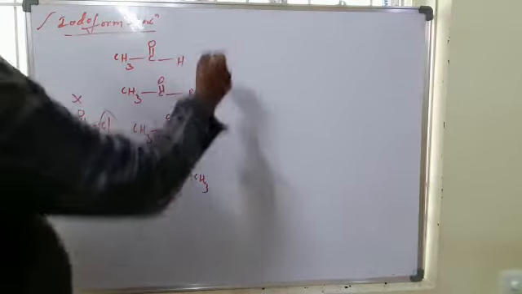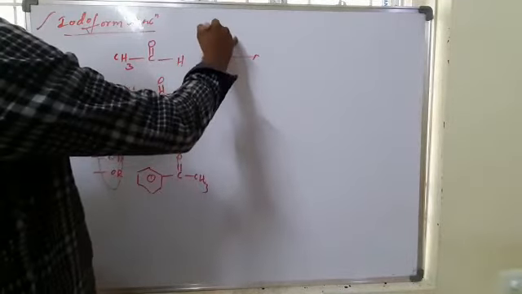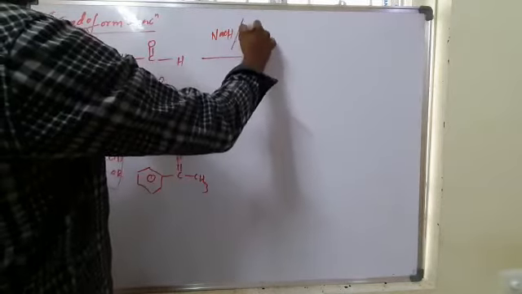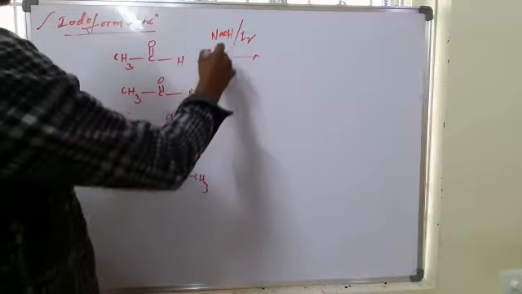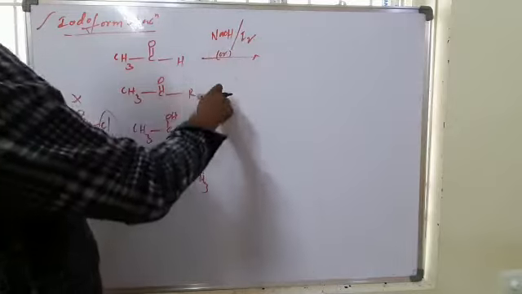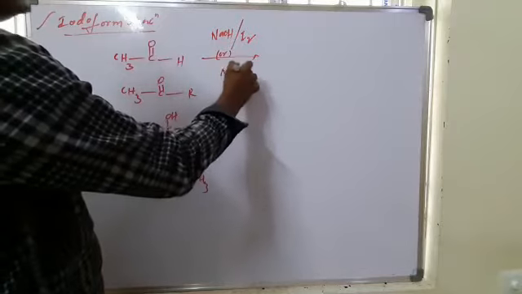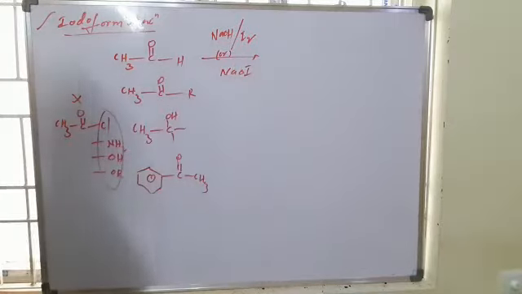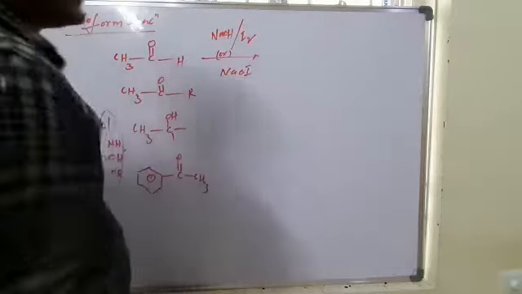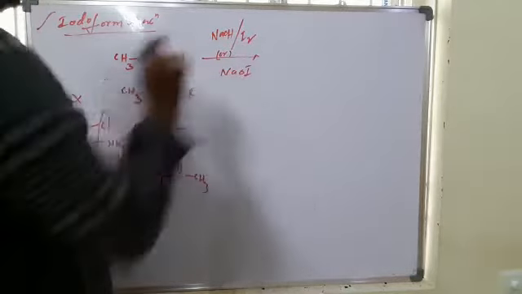So in this reaction, for example, if I take an aldehyde with NaOH in the presence of iodine. Otherwise you can take any base: calcium hydroxide and iodine, barium hydroxide and iodine, KOH and iodine also you can take. Sometimes they will give NaOI, sodium hypoiodite. So they will give it in this manner also, otherwise like this manner.